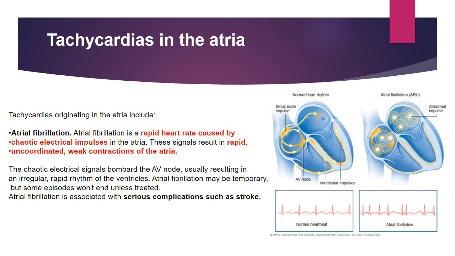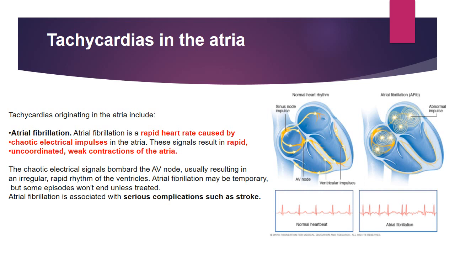Now what happens here? This is supposed to be the normal phase. From the SA node, the impulses travel, reach the AV node, and from there go down into the Purkinje fibers. When it is going on at a regular pace, that is when you will notice this kind of ECG, and this is known as a normal heartbeat. You have well observed P waves followed by a typical QRS complex and followed by a T wave, and they have to be seated in their particular positions when you're reading the ECG. When you know that all the parameters are correct, then we call it a normal heartbeat.